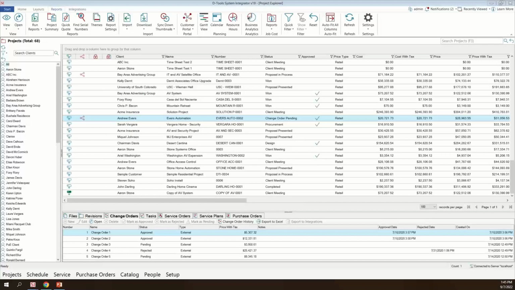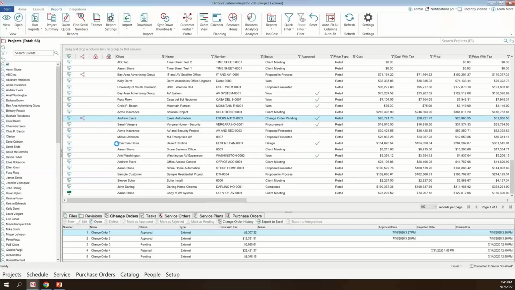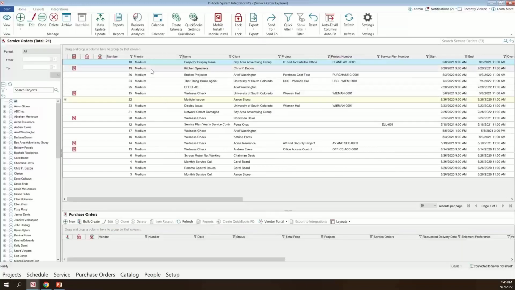Okay, I know we are running out of time here, and we're going to have some Q&A. So real quickly, when you're publishing tasks or service orders, I do want to show this. You have an option of whether or not you want to notify the resources. The reason for this is oftentimes you may publish a task or service order to mobile install, and your techs get the notification. A little bit later, you realize, oh, no, I need to add something to that. And you add it, and they get notified again. And then you make another quick little change that has nothing to do with the scheduling of when they need to be there or that they need to see right now. And they're getting